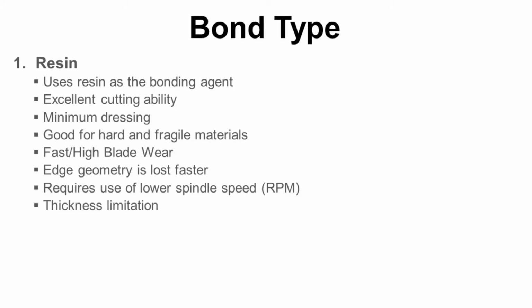There are resin bond, electroformed bond, and metal bond. Resin bond uses resin as the bonding agent. It means resin holds grit and forms the blade shape. It shows excellent cutting ability with minimum dressing. It is good for hard and fragile materials, but it has fast blade wear out and fast loss of edge